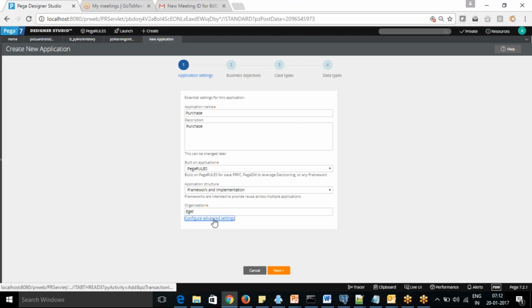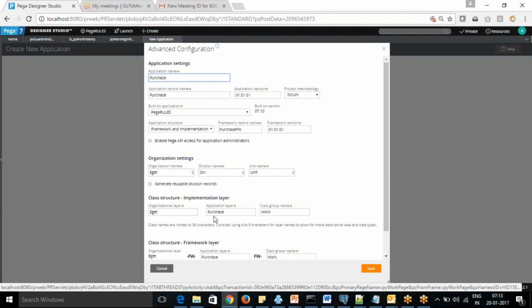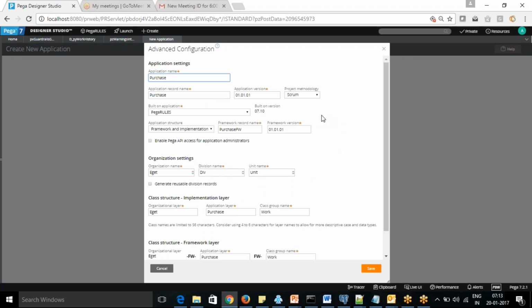Then you have some advanced settings. There you can see some of the other things. You can set the application structure, what organization, division and unit it is going to create. If you want to give your own name, you can give that. If you want to give yourself as the division, or the unit name is some branch, within that you have the unit as branch.